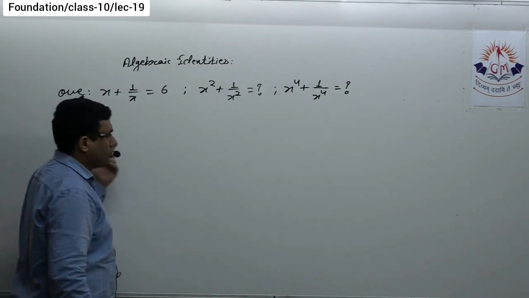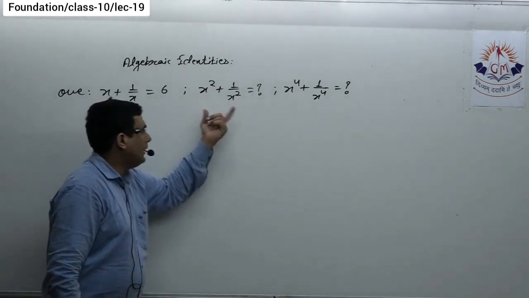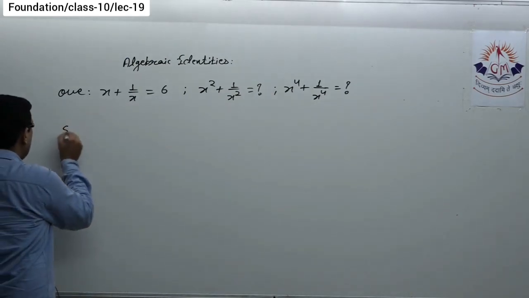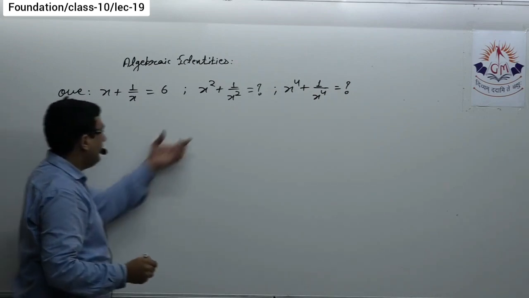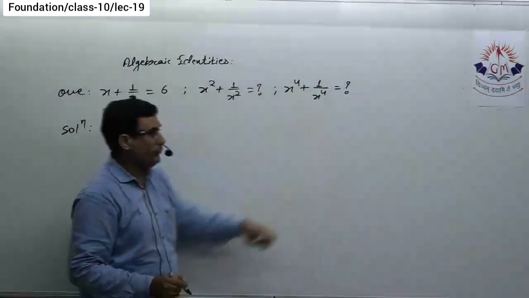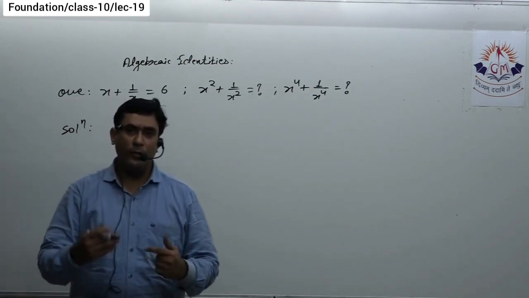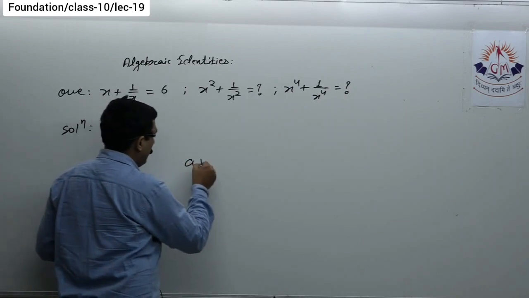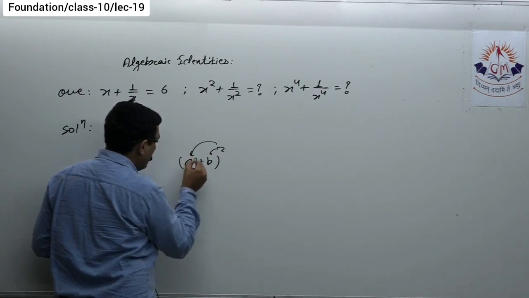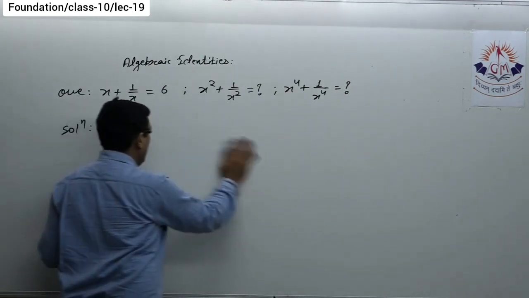First we solved the questions having identities like a cube plus b cube, and over here we can see there are squares. That means it is the identity of a plus b whole square. So let us see how to solve this. We need x square plus 1 upon x square and also x raised to 4 plus 1 upon x raised to 4. We know the identity of a plus b whole square is a square plus b square plus 2ab, so to get the square of two terms, we have to apply the identity of a plus b whole square.